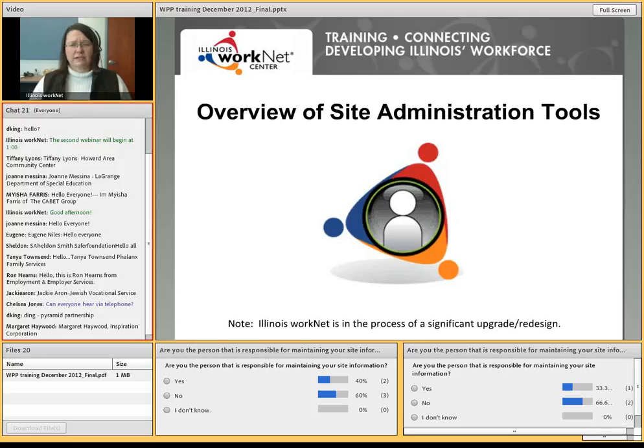The information that is in site management is also used to associate you with a location. So we have your work contact information, and the information is used for your customer groups. It's used within communications, so that it pulls your contact information as a signature whenever you use some of the communication tools within LMI WorkNet. It's used to make sure that you can access reporting, and it's also